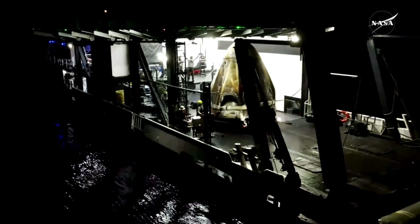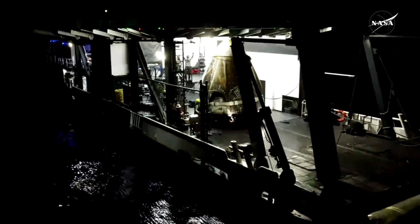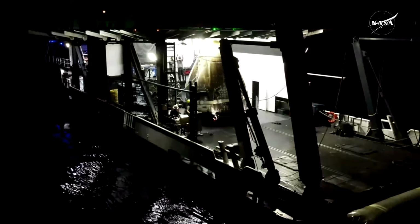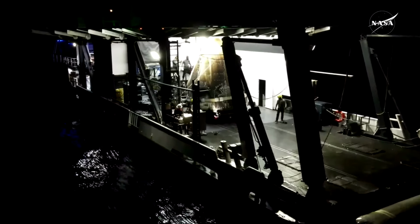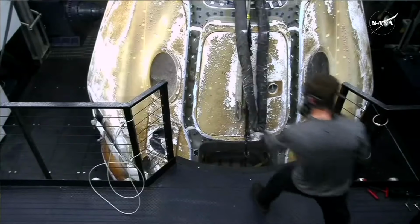Now, one thing I want to mention before we see the crew egress, it is important to note that Matthew, Michael, Jeanette, and Alexander will be getting assistance as they exit or egress from the capsule. They will be getting assistance from...